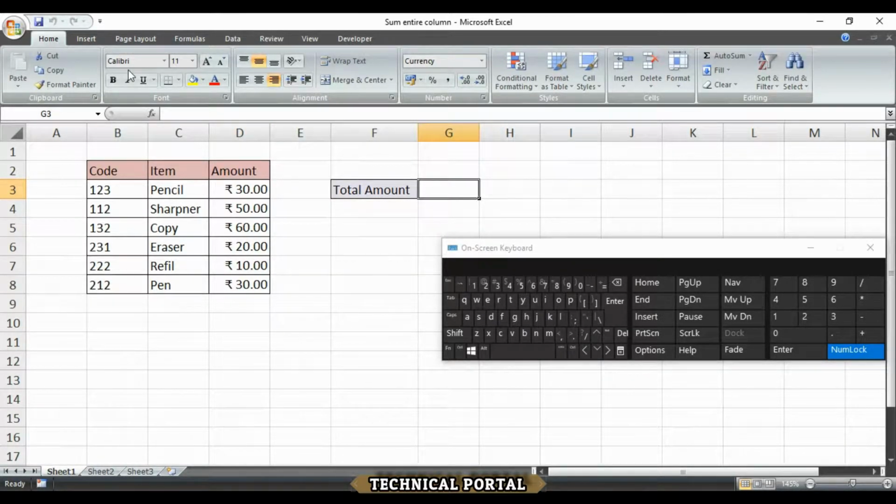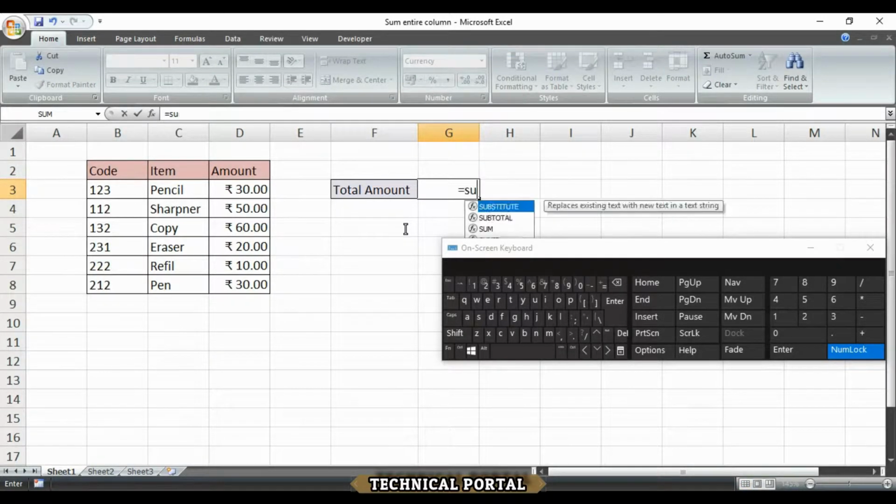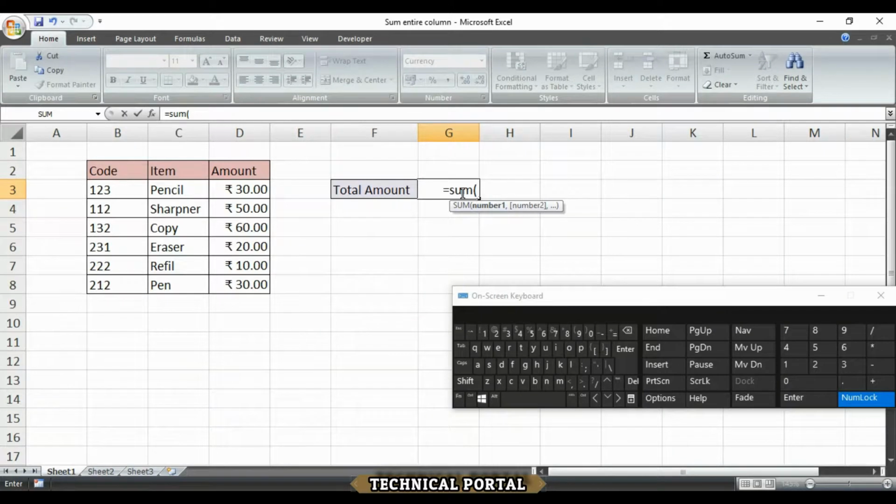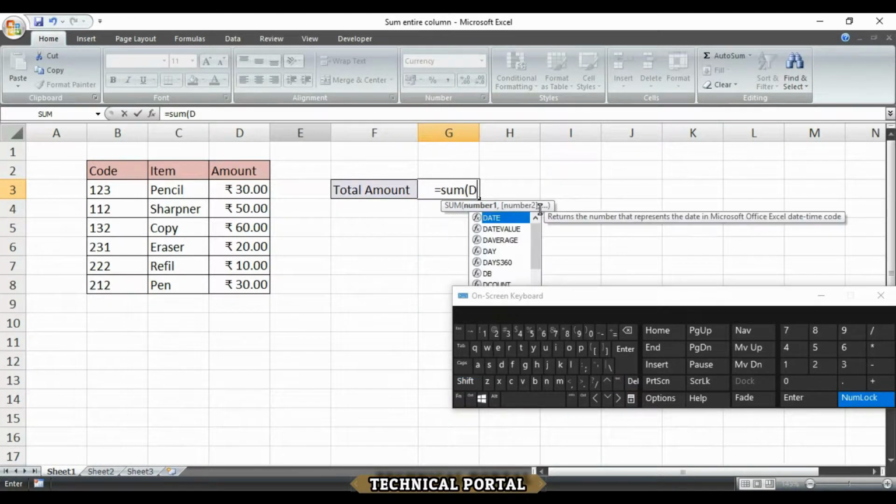Here I am giving the example for you. So the formula will be equals to SUM, then bracket open, then specify the column name, that is here D. Simply write D colon D, then bracket close,